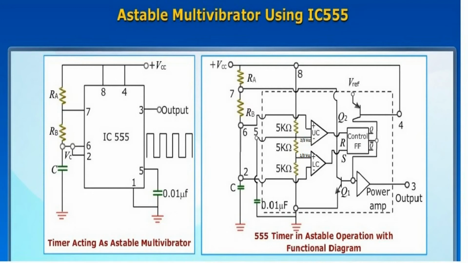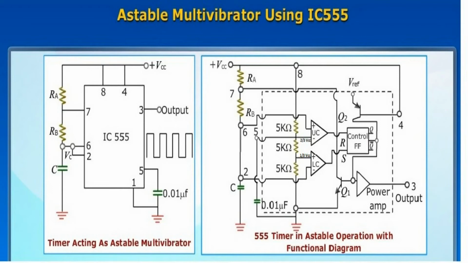Hence the capacitor starts discharging from 2 by 3 VCC voltage through the path RB and transistor Q1, then ground. The voltage across the capacitor gradually decreases because the capacitor is discharging. At one stage, the voltage across the capacitor is less than 1 by 3 VCC. In such a condition, the lower comparator output goes to high.